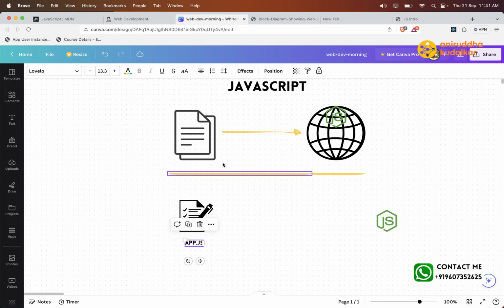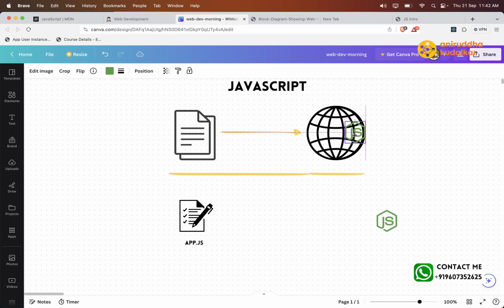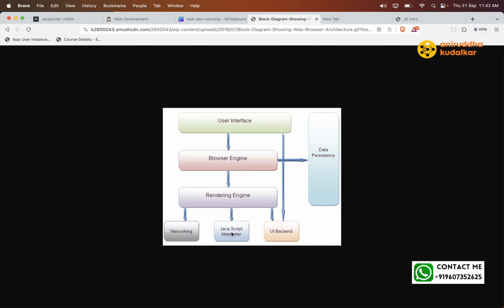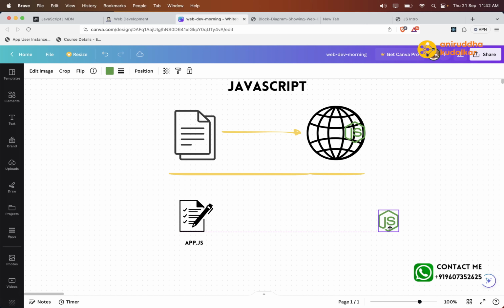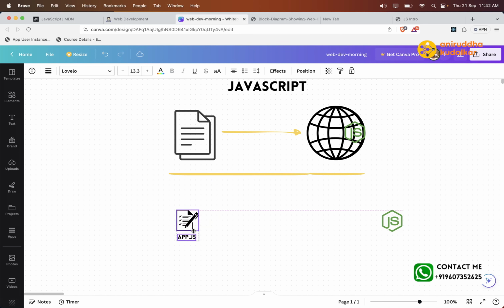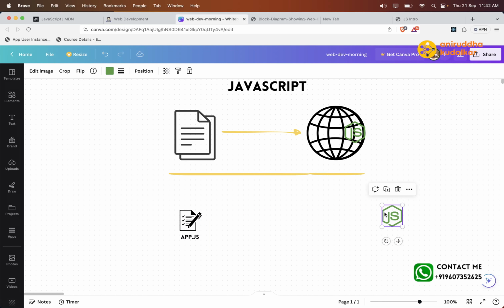Now see, some smart developers came together and they extracted this JavaScript interpreter, this guy, outside, and they said that JavaScript can be used without a browser also, and this has opened lots of doors for the JS developers,